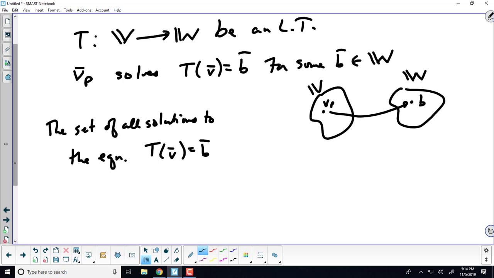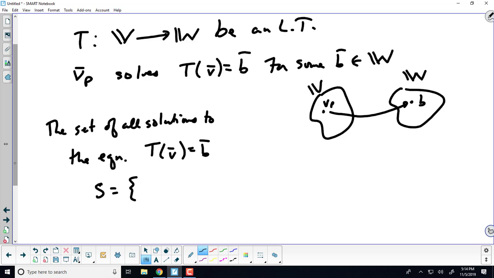Okay? I found one solution to this non-homogeneous equation. Just assume that if B is not 0, then this is a non-homogeneous equation. I found one solution to it, right? What have we always done? We found one particular solution and added it to all what's? The homogeneous solutions, exactly. Okay. So the set of all solutions,